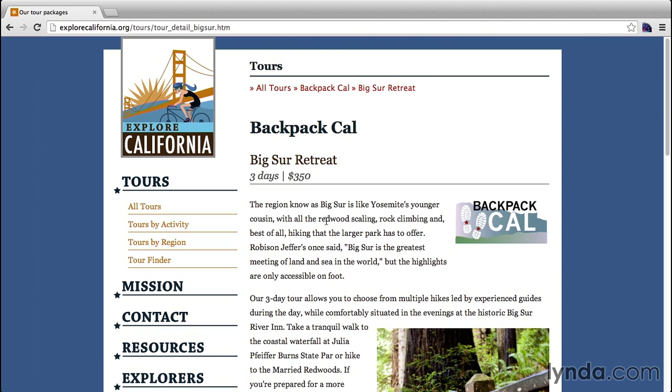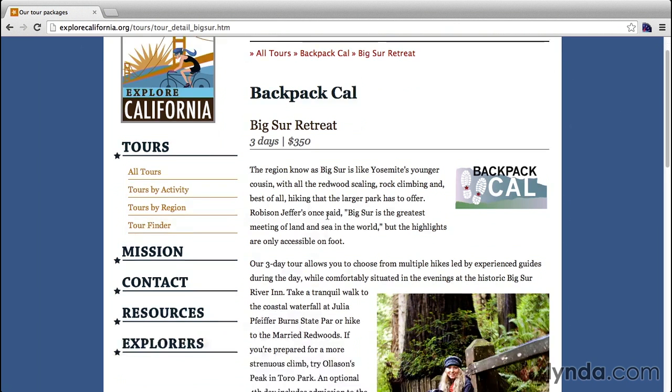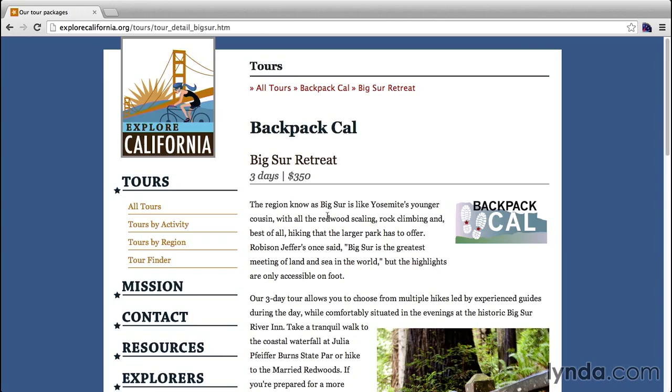Ignoring all other aspects of SEO, so we're not talking about the title or the heading tags or some of the on-site stuff that we'll be getting into later, what Google is left with when it visits this site is this actual content on the page. So on this page, we have a couple paragraphs here discussing the Big Sur tour. It's really an informative page, and the goal of this page is to convert the user, or at least entice